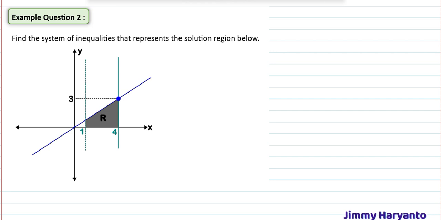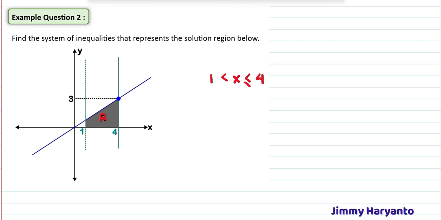Next is example question 2. For example question 2, I want to start from the vertical lines at 1 and 4, and the region is in between 1 and 4. So let's start from 1 and then 4 and then x. Because the region is in between 1 and 4, it will be obvious that the x has to be in between 1 and 4 also, and the sign has to be like this. But because the 1 is a broken line, that means you don't have to put an equal sign right here.